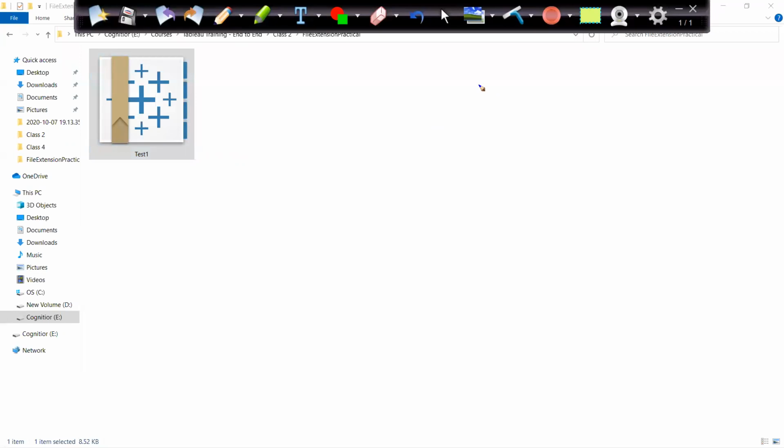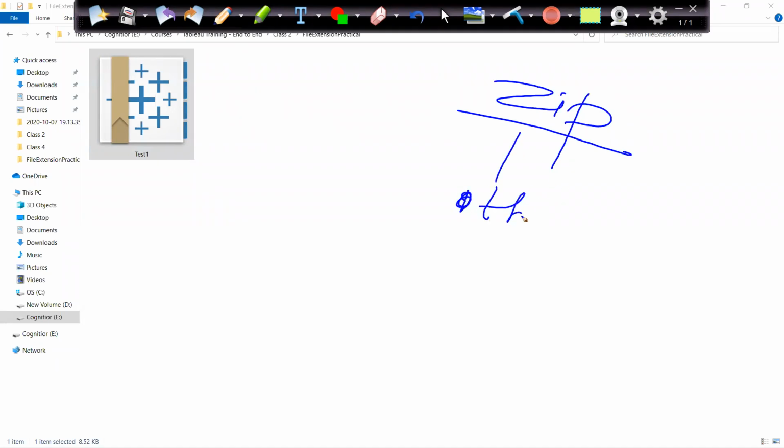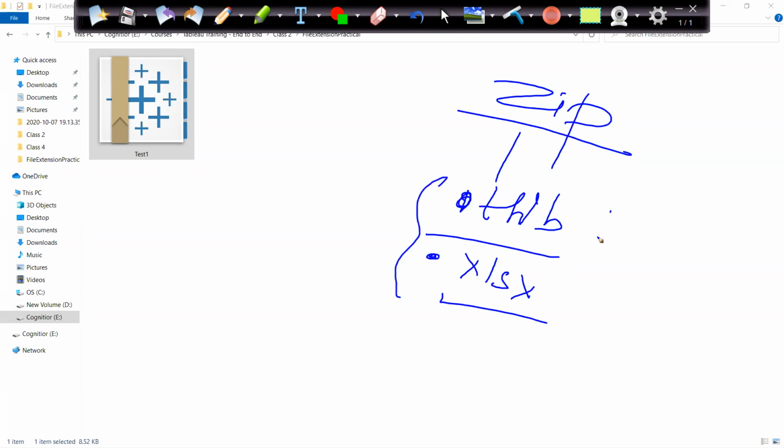I can say as a layman, it is a zip file, which consists of a .twb file and also consists of an .xlsx file as well. It is a packaged form.